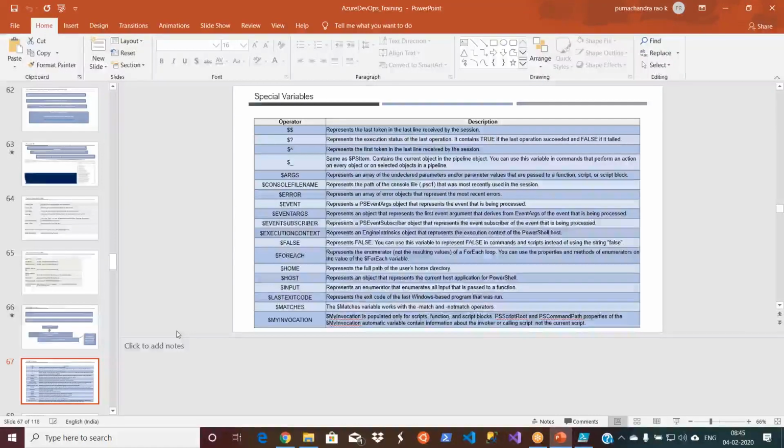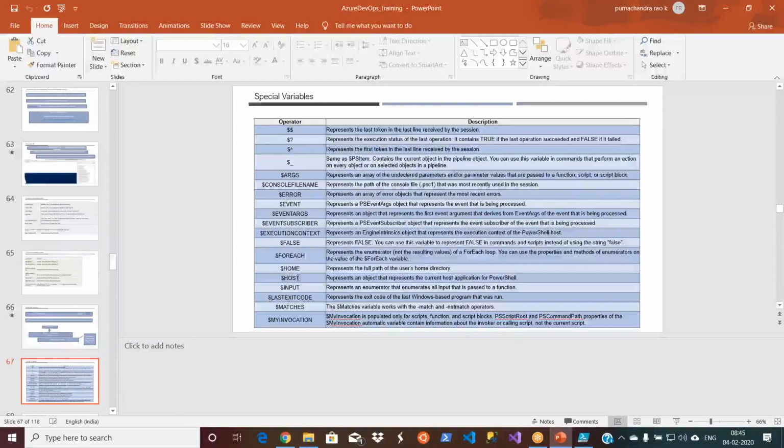In the same way, PowerShell also has system variables. You can use those system variables as part of your scripting in any logic. Whether it is a system variable or your user-defined variable, it starts with a dollar sign.